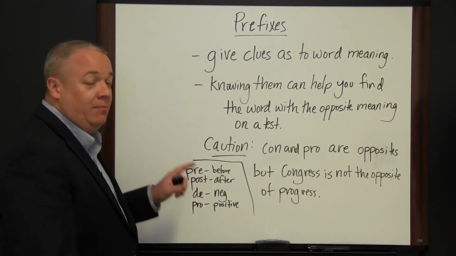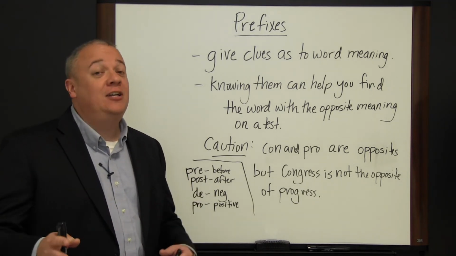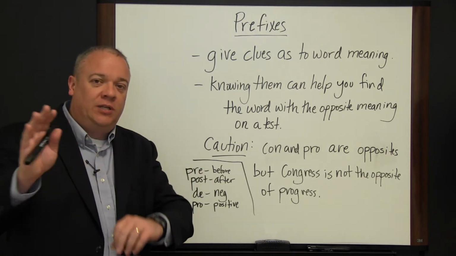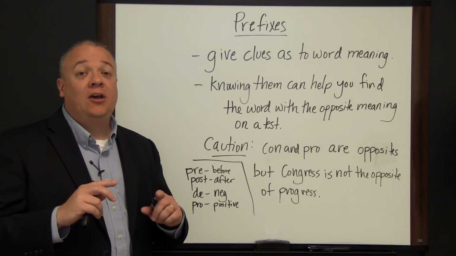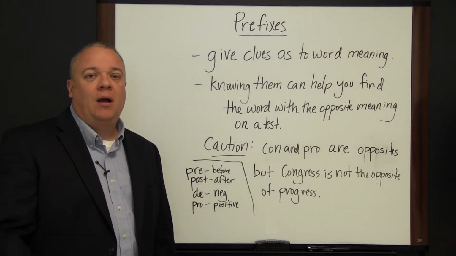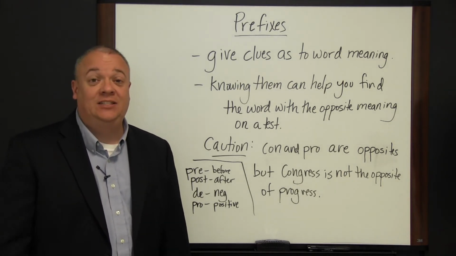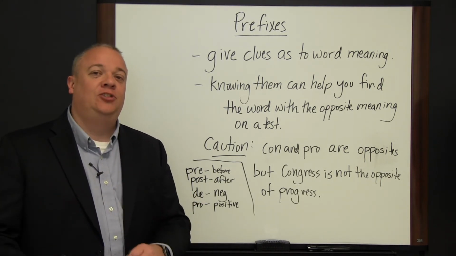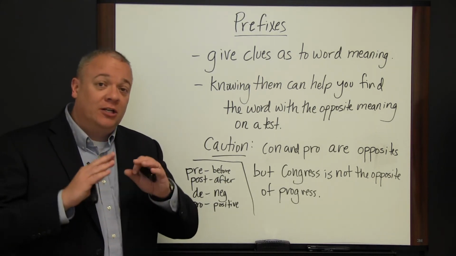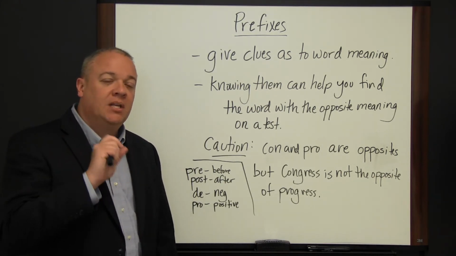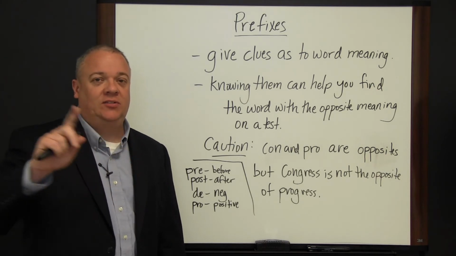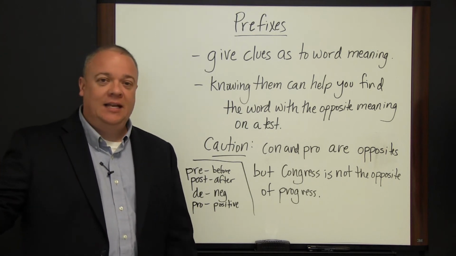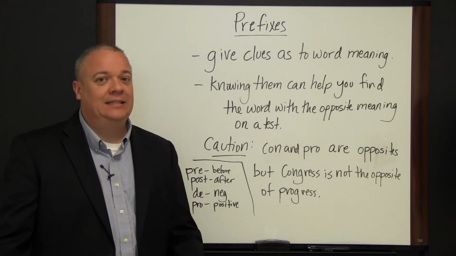Knowing your prefixes can be critical, especially if you're not sure of the whole word. You can say, well, let me break this word up into its prefix, its root, and its suffix, and see if I can decode the proper answer from just that minimal information. Obviously, when you're taking a test, if you know the right answer, you always go with the right answer. But if you're struggling, if you're not sure, this is a strategy you can use. You can look at the word, break it down, and say, here's the prefix, and I know it means this, and I'm being asked to find the opposite. What's the opposite of this prefix? Then I've got my answer more than likely.